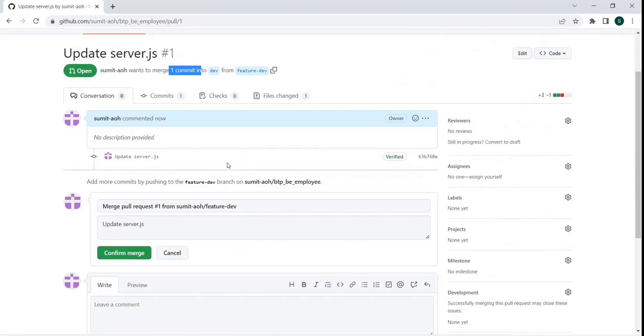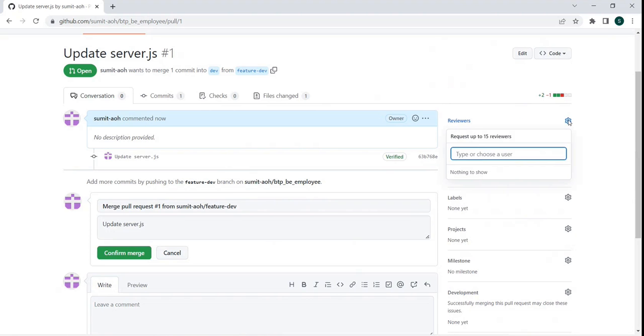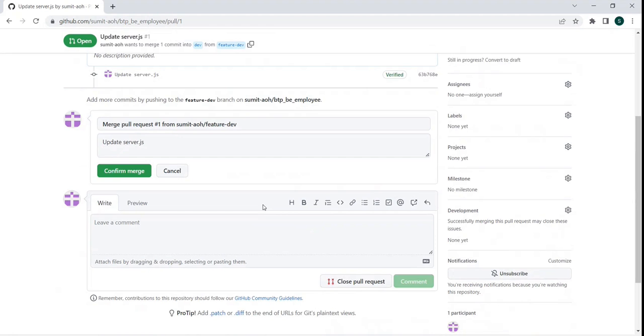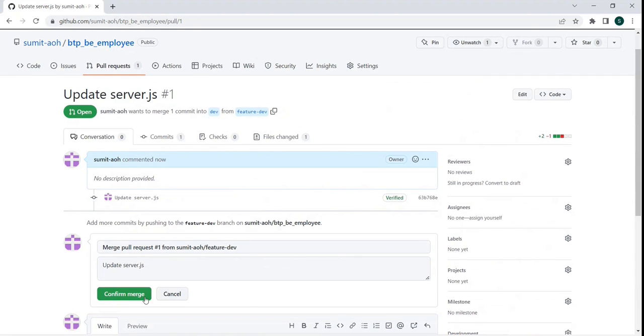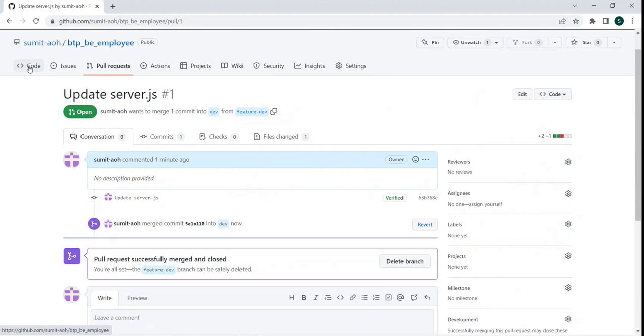Now you do have multiple options. Many times merging blindly might also be an issue. So you can add multiple reviewers. If you are working in an organization, you would find the list of all the reviewers and you can search from there. That's the organizational setup. Until at least one of the reviewers approves your change, you won't be able to merge it. Okay, so I'll just say commit the merge. The moment I say this, now if you see I did